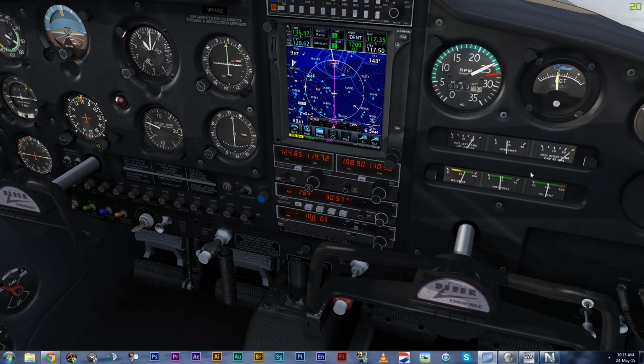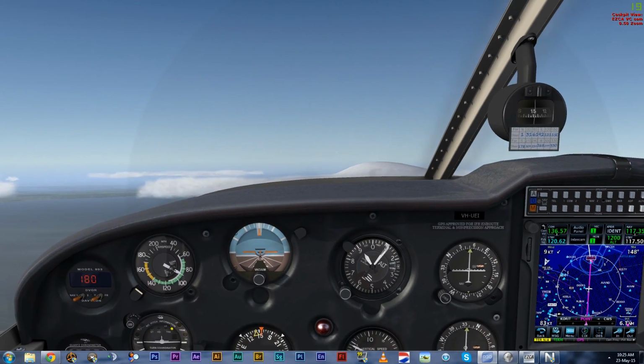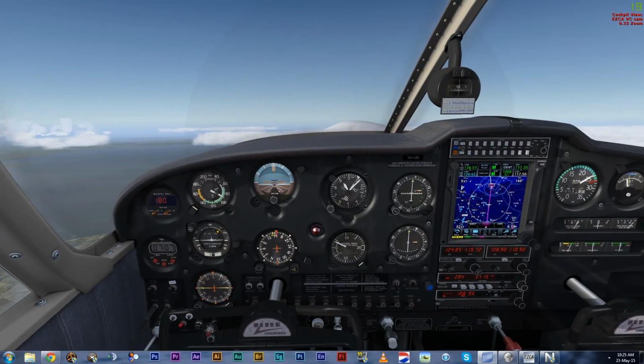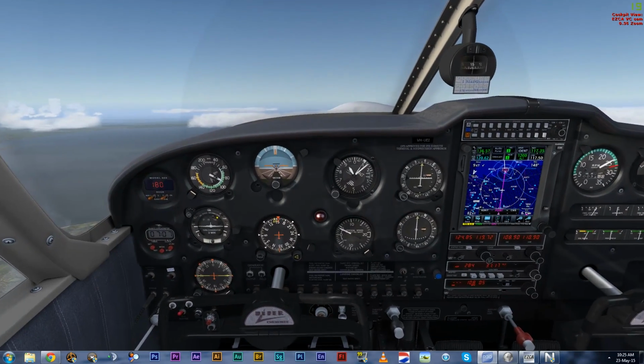That's good. So I'm just going to put the mixture in until we have about 25 to 50 degrees rich of peak, which is, I would say, roughly 50% mixture, which is fine. And I might adjust that again when we get to 11,000 feet. But other than that,